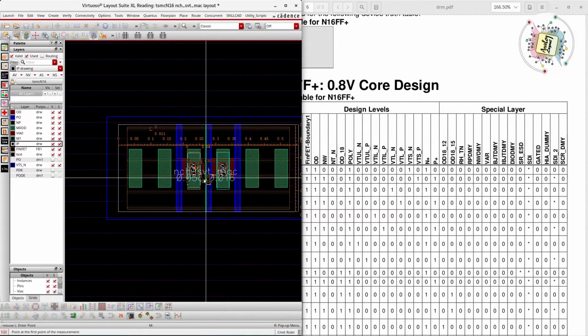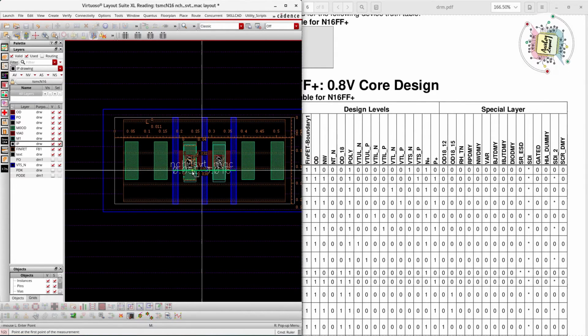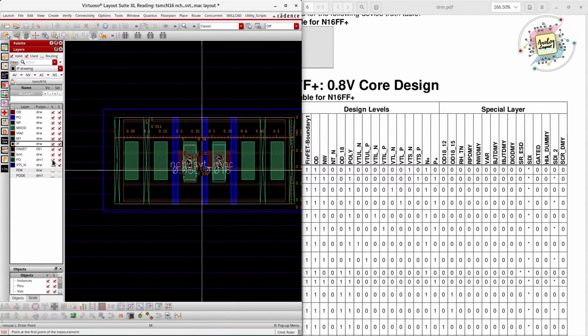The text layer is the normal text layer, because the source and drain terminal, the gate terminal, and the device parameters will be mentioned in the text layer. And then we have poly dummy. So this is our poly dummy. I think in 7 nanometer and 16 nanometer the layers are completely different. I have a 7 nanometer video also on our YouTube channel. If you want to know about 7 nanometer layers, you can watch that video.